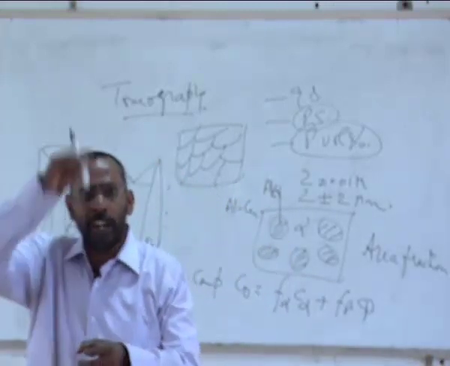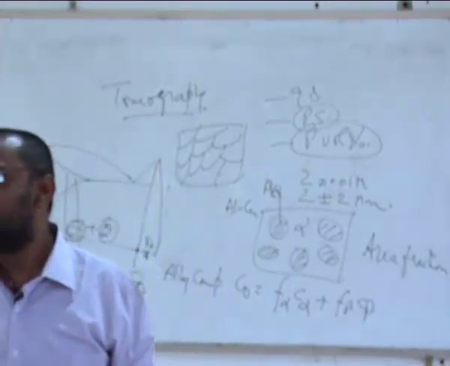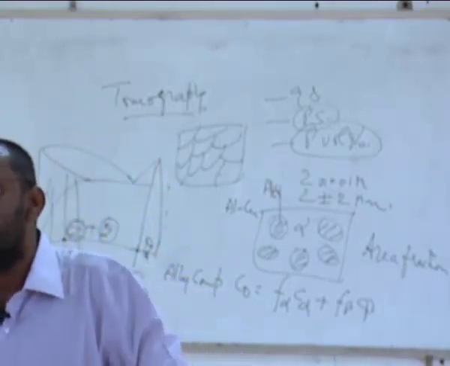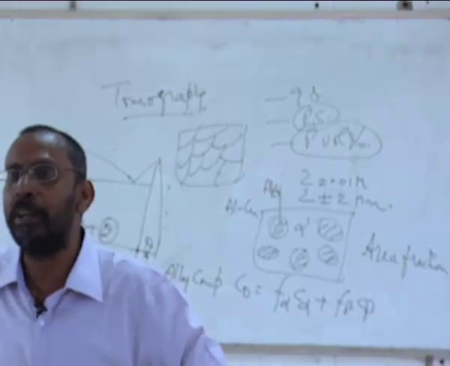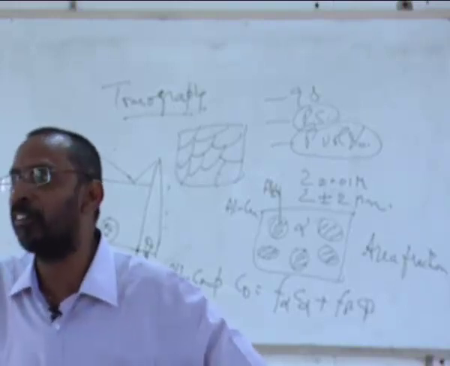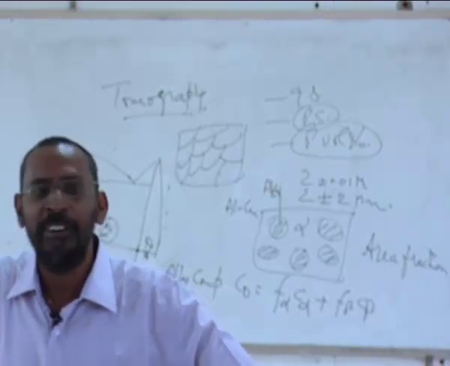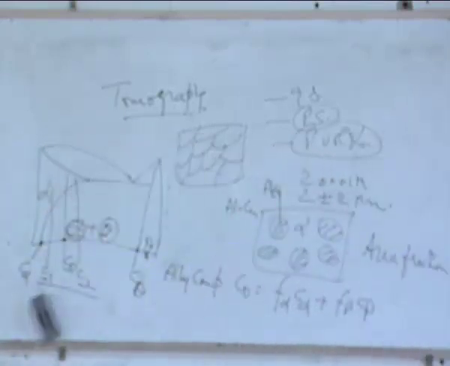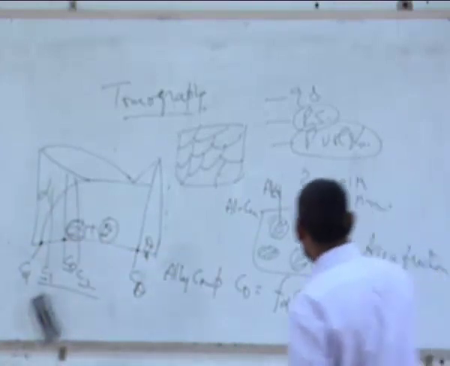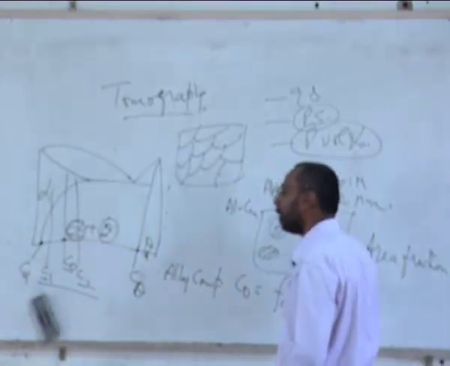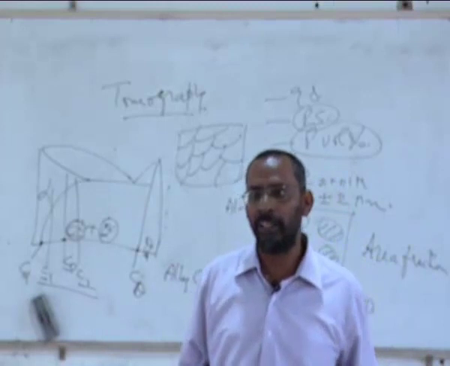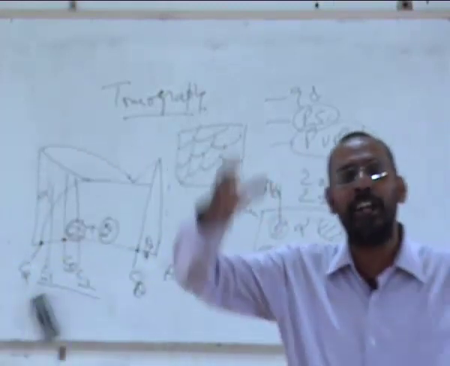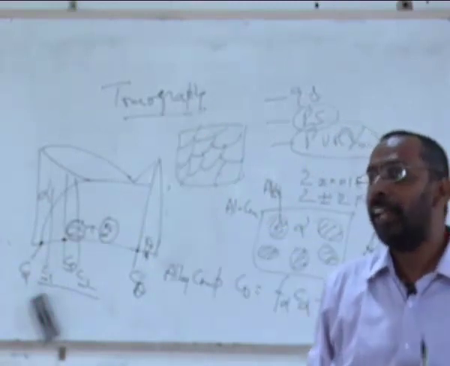If I have a way to find out the composition of each of these, do you know there is a technique which can give you the composition of each of these? We are going to talk about that in materials characterization, but I want to know how much GK you have. If you have read a little beyond your class, have you ever heard of a technique by which I can find out the composition of this theta phase, the composition of this alpha phase? Gravimetry will not give you that. I'm sorry, gravimetry will only give you the composition of the overall alloy. But I have two phases.